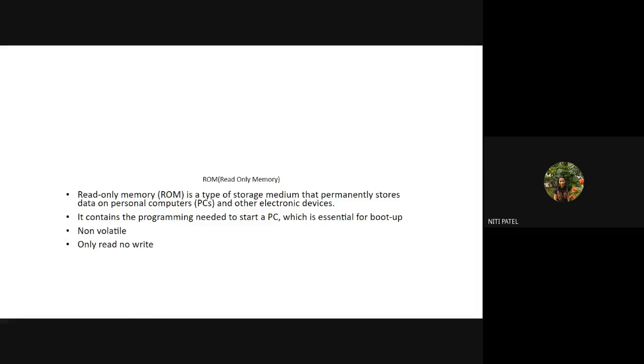Why it is considered to be static? Because we do not do any kind of refreshment. Whatever data is there, that data remains constant unless and until it is changed by the user input or a user output. So we had seen there are total 6 transistors, out of which 4 transistors were cross coupled in order to get an effect of flip-flop.